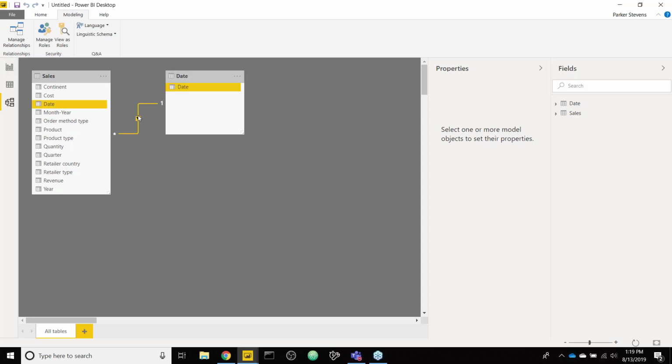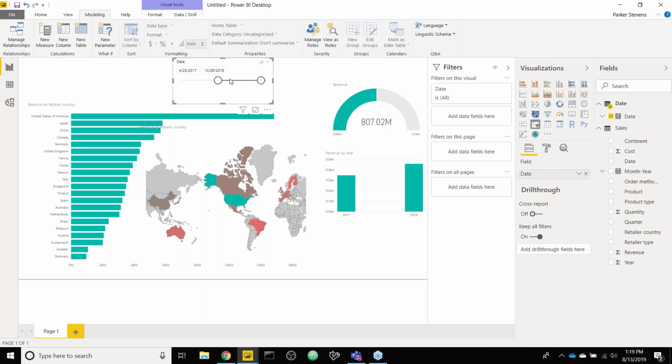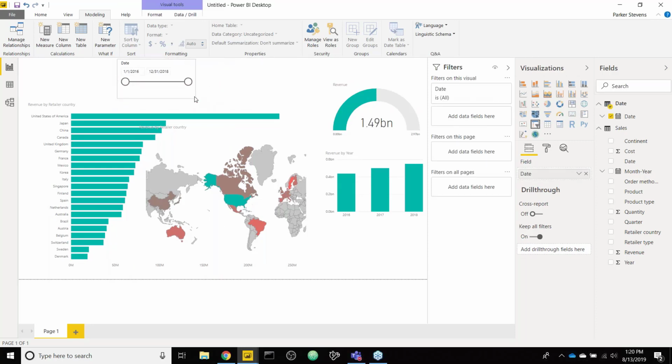So there's only one direction. We can make this bi-directional, but that's usually best practice not to do so. So we will leave it just like this. Now we can see that our data will change as we change the dates in the date slicer. So our selection on the date table is filtering the sales table. So now we can leave that date slicer as is, open to all the dates, and we can get into